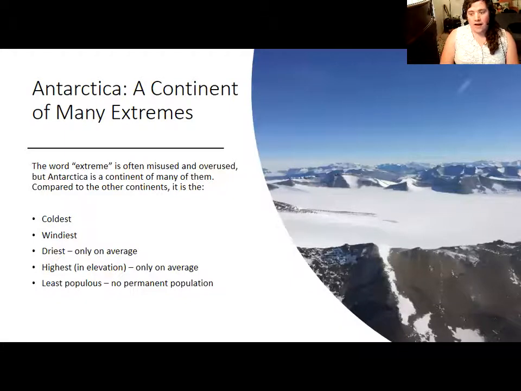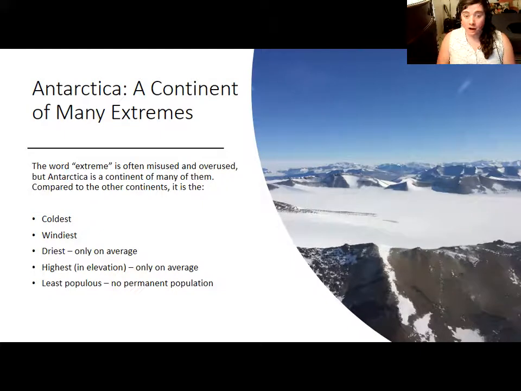So Antarctica is extreme and it is unique, and I am not particularly fond of either of those words because they get thrown around a lot, but it's hard not to be dramatic when you talk about Antarctica. It is the coldest continent, both in terms of average temperature and also in terms of the fact that it is where the coldest temperature on Earth has ever been recorded. It is also really windy. The wind chill makes the cold much, much worse. And in Antarctica, the wind is always blowing, it seems. And that's something that people do realize about Antarctica.